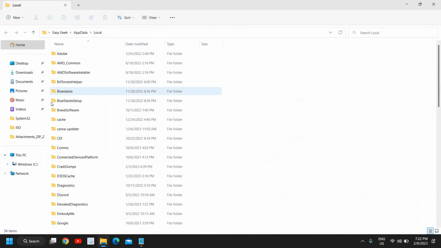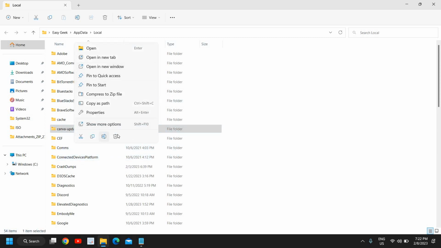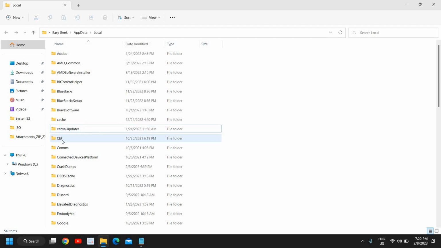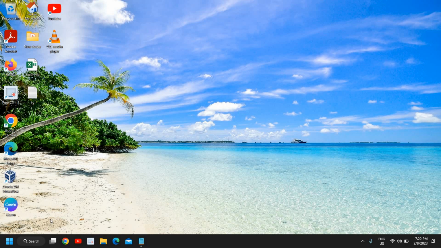And here you will also find the Roblox folder. You just need to select it, right click and click on delete like that. Once this is done, close this window, and the final step is to click on the